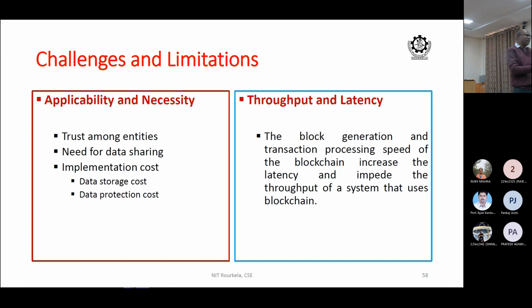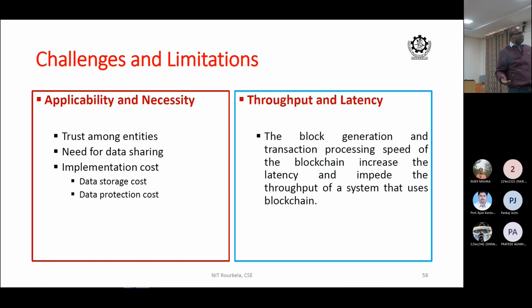Currently, consider the Bitcoin blockchain. A Bitcoin blockchain takes around 10 minutes to generate a block, and to process one transaction it takes around 3 to 7 seconds. So within 10 minutes, volumes of data are generated. What happens to the next volumes of data? In every 10 minutes, one block is generated. When volumes of data are generated, look at the rate at which the blocks need to be added.